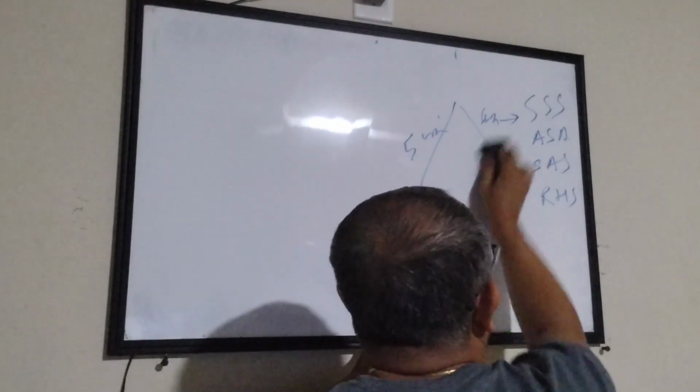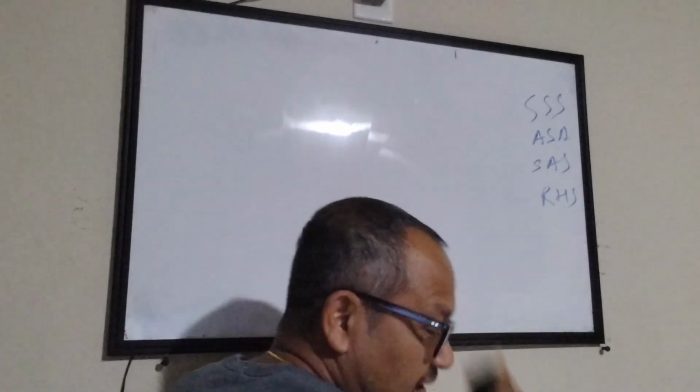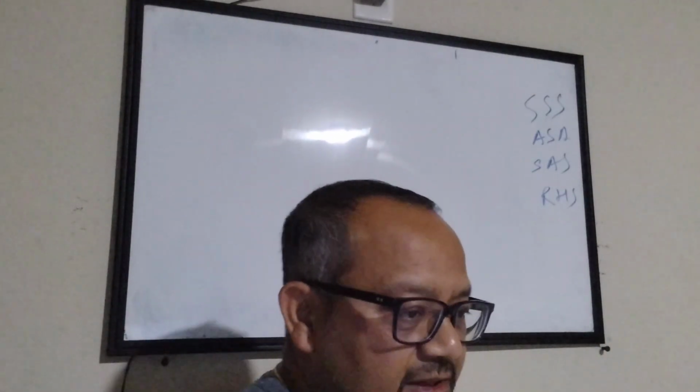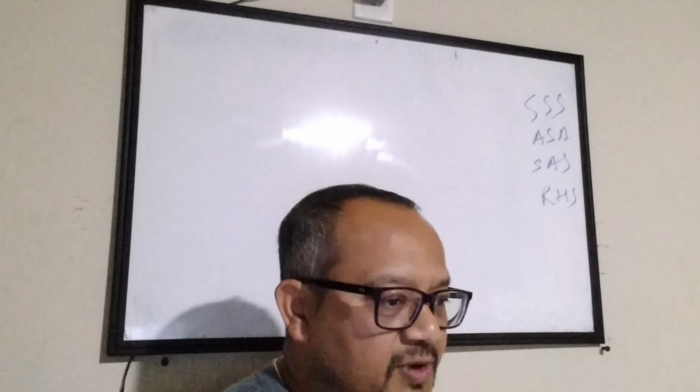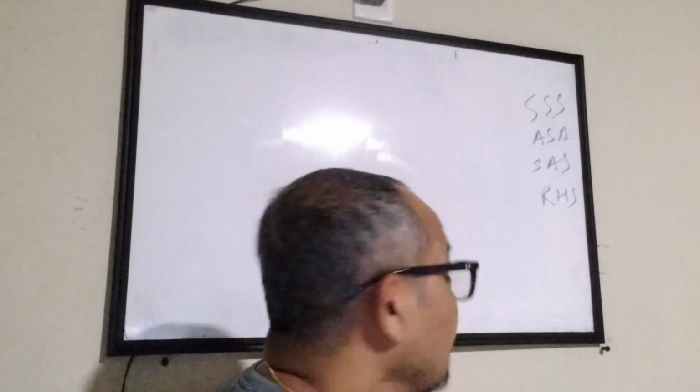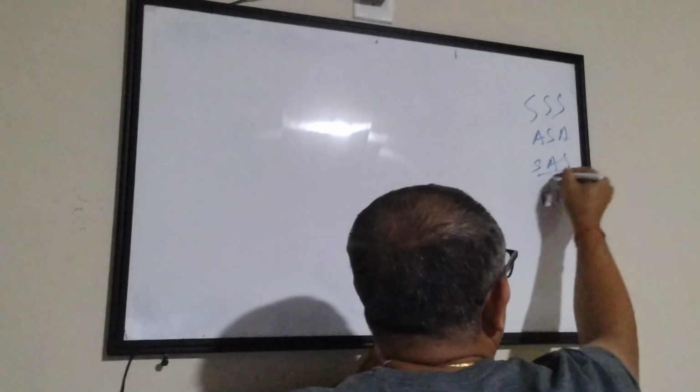Okay? So that's why the first theorem says SSS, meaning if the three sides are same, then they are congruent, meaning every other property will match. Now, when you look at SAS, let's say,